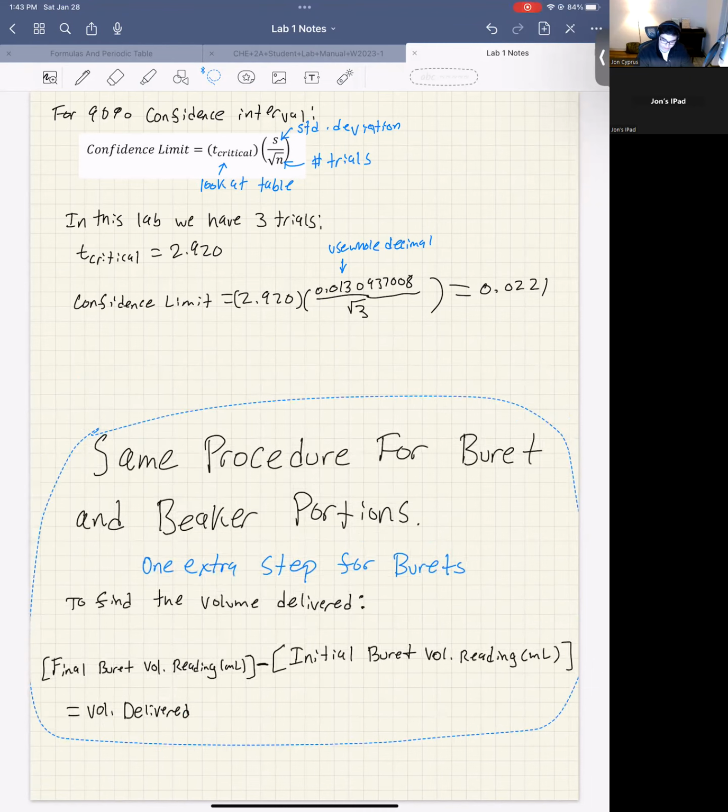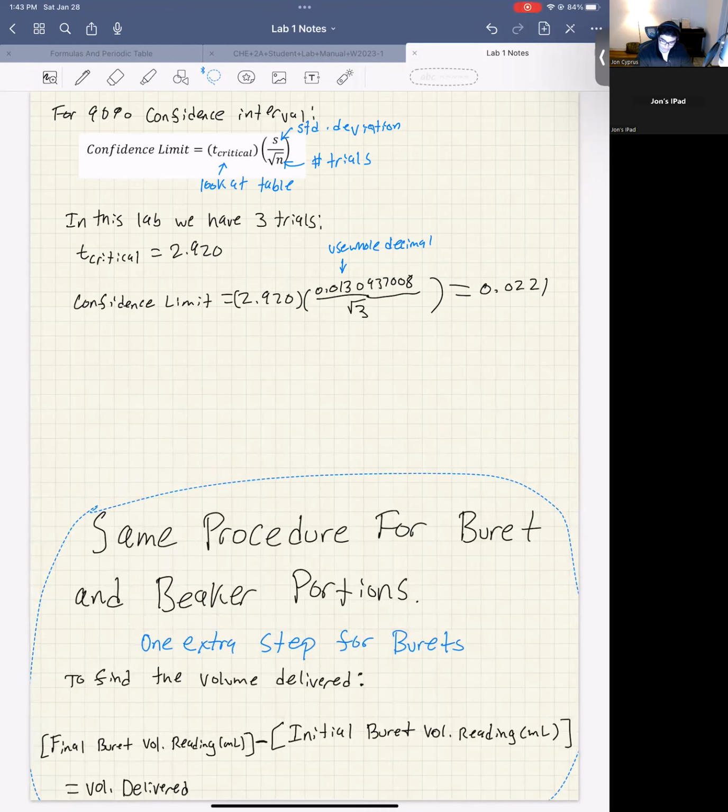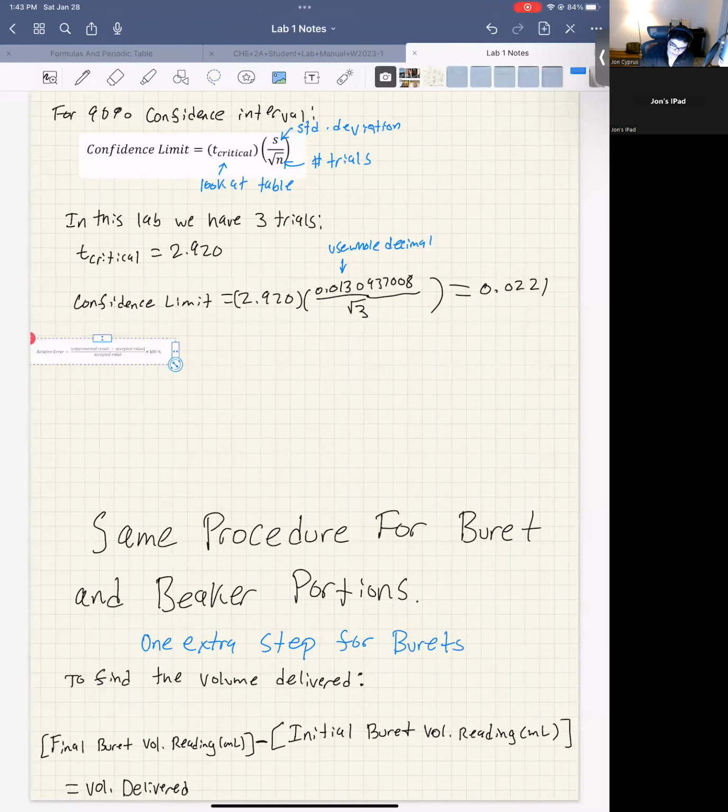Find the relative error. All you want to do is use this formula. So the absolute value of your experimental result minus the accepted value, over the accepted value. The accepted value is going to be different depending on what you measured for your